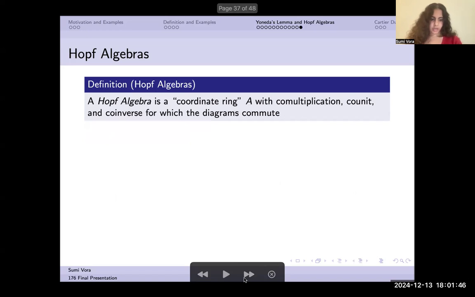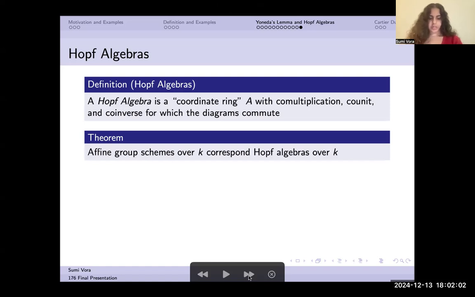And so what's the point? Well, we say that if A has co-multiplication, co-unit, and co-inverse that respect these commutative diagrams, then we're going to call it a Hopf algebra. And there's a theorem that says that the affine group schemes over K correspond to Hopf algebras over K, which kind of makes sense, right? Because